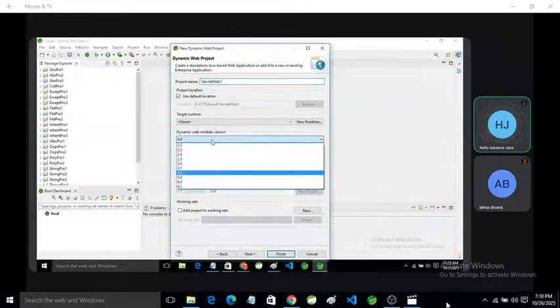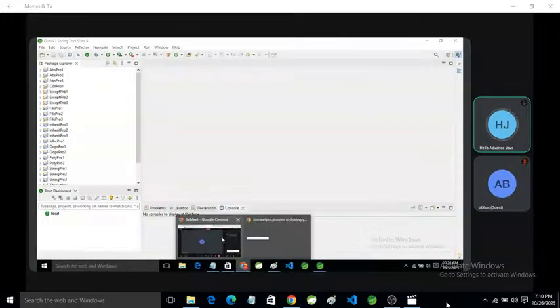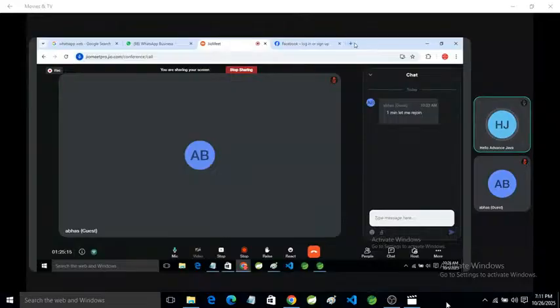Here you can specify the version. Currently I am using Tomcat 9.0, so we cannot use above 4.0. You need a server, so first of all download a server. Here I'm using version 9, but you can use any version.